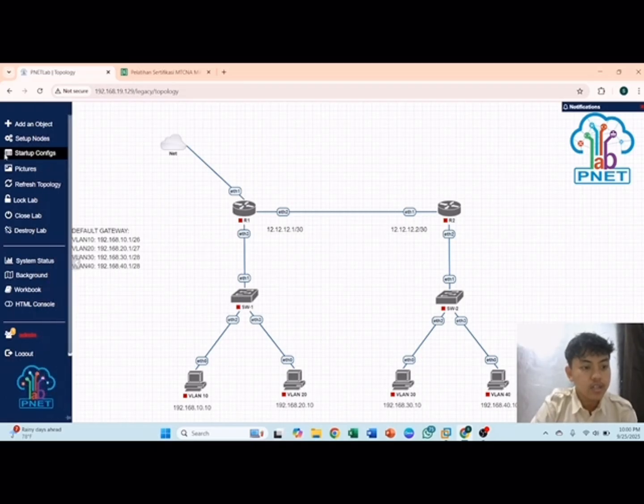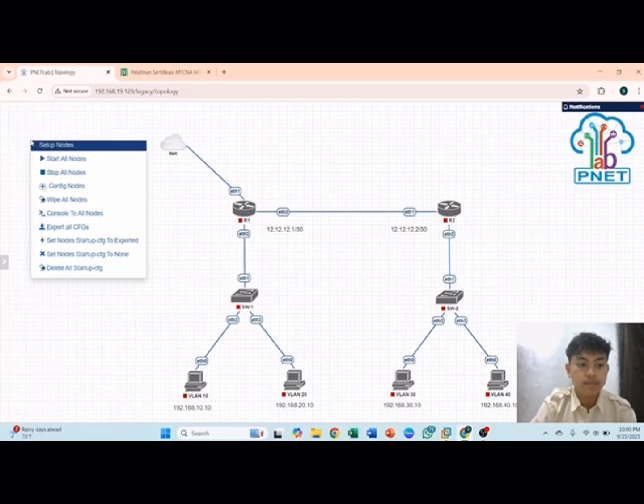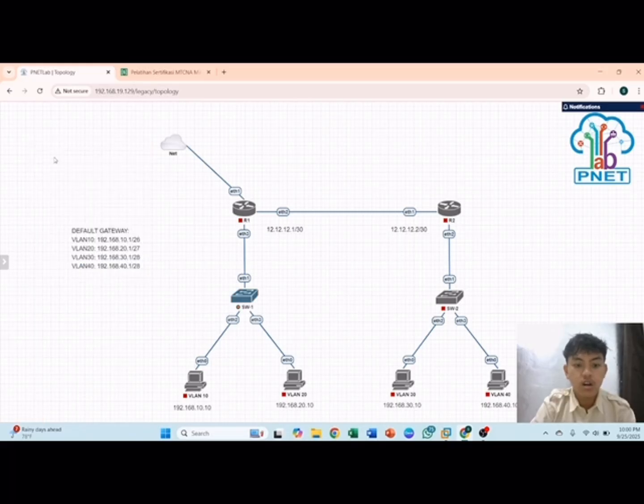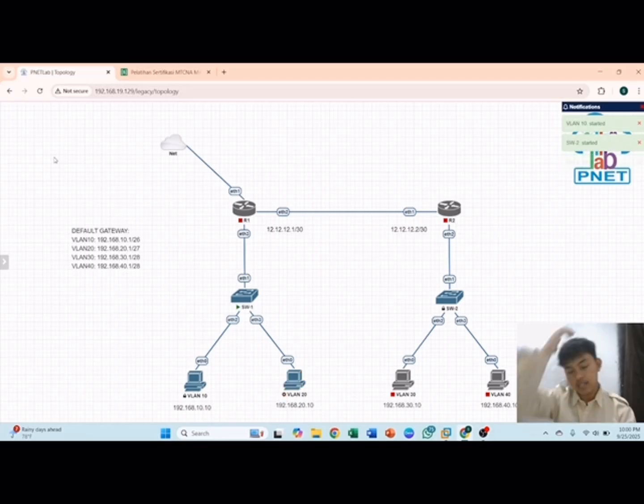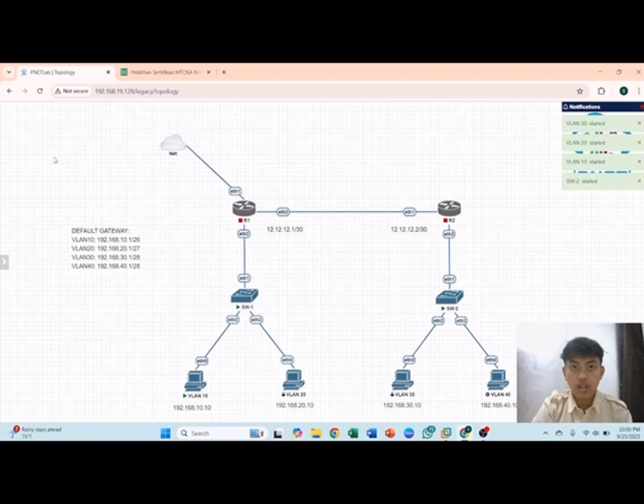We start all the nodes, set up the nodes, and start all nodes. Wait until the routers, switches, and PCs are all on.